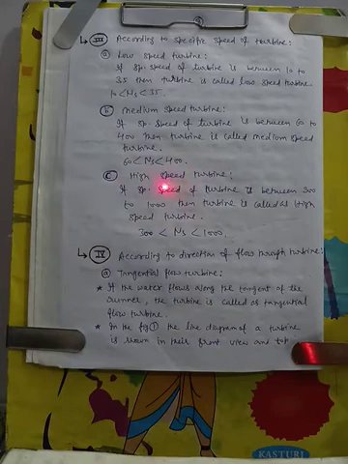And high speed turbine. If the specific speed of a turbine is between 300 to 1000, here we can also write 400. It was given in the book as 300, so I have written 300 here, but you can write 400 because there is some overlapping between 400 and 300. So you change it here, you can write 400. So if the specific speed of a turbine is between 400 to 1000, then the turbine is called a high speed turbine.